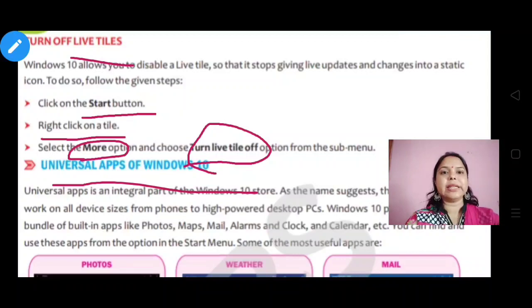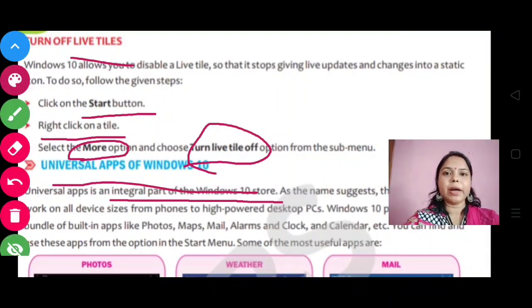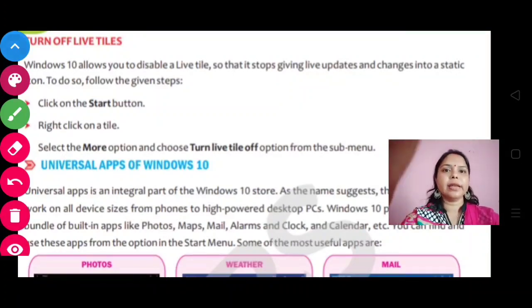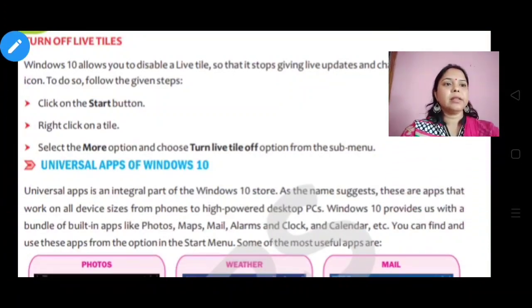Universal apps are an integral part of the Windows 10 store. As the name suggests, the universal part is that there are so many apps that work on all device sizes, from phones to high power desktop PCs.